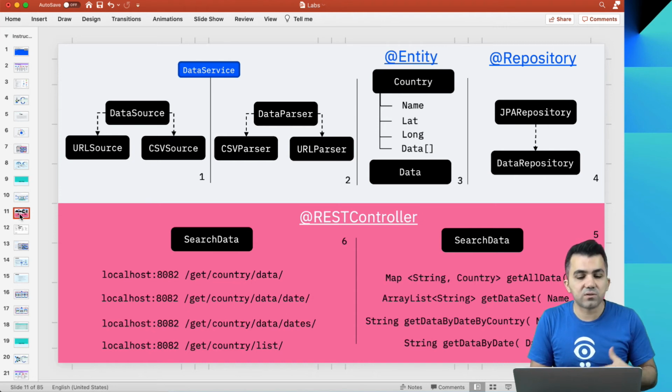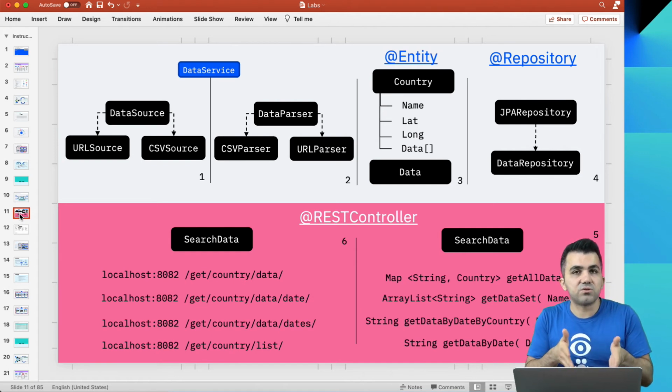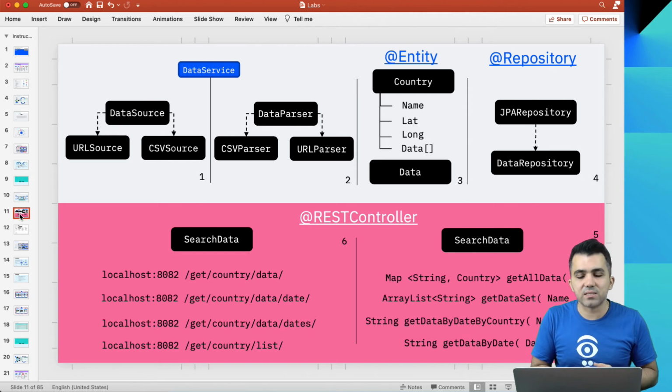As you can see here, if you've got it running on your own local machine, you can get all the data from, for instance, port 8082. That's the way I've designed this application. At the moment it's on 8082. You can change it to any port, and then the REST APIs are designed in a way that you get country data, get country data for a particular date, so you can feed that data in, etc.